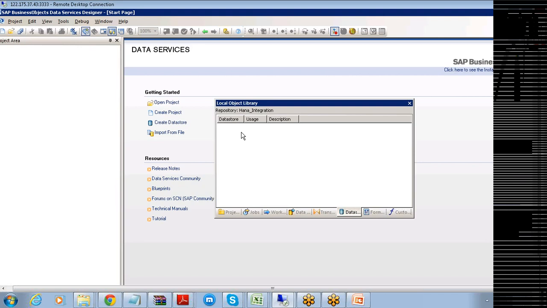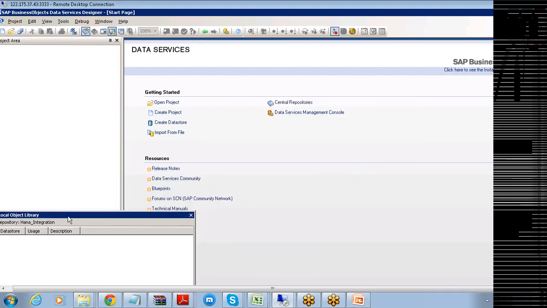What I mean is that the structure of the source tables along with the structure of the target tables should be imported into this local object library, from your source databases and target databases. That is what we need to do.